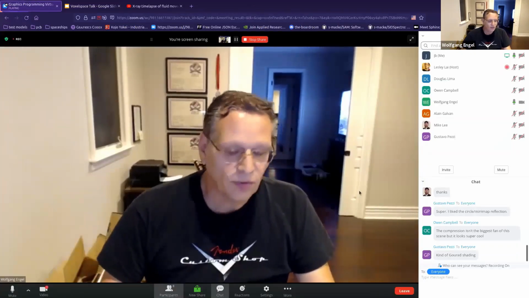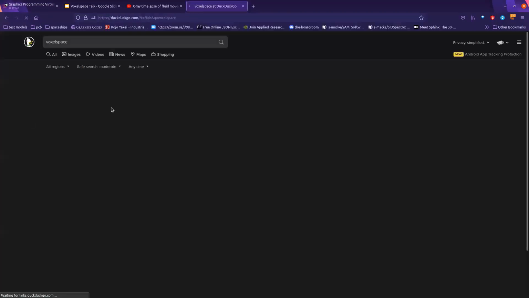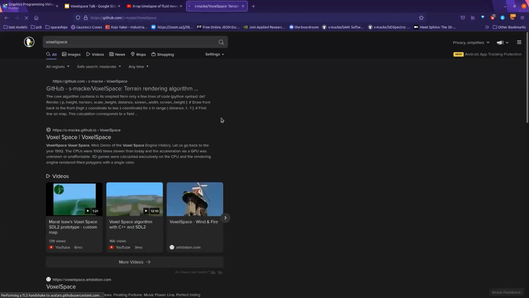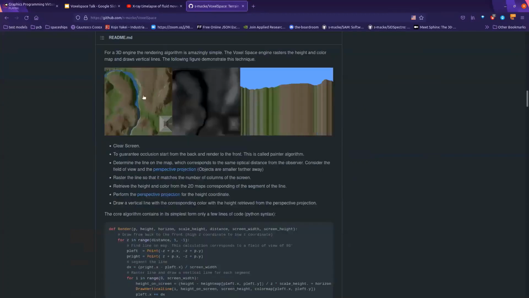Did you try to use much bigger maps than 1024? No, I didn't. This was as big as I tried, because this was the data that I had. Let me... this repository here. This is the one that I referred to, and this is where I got some of the